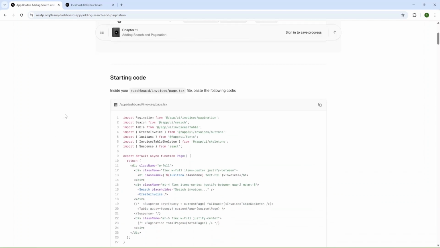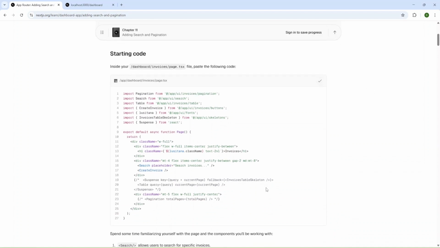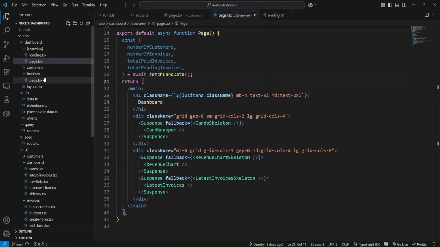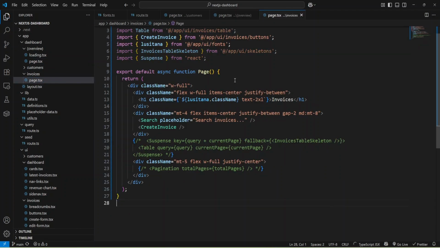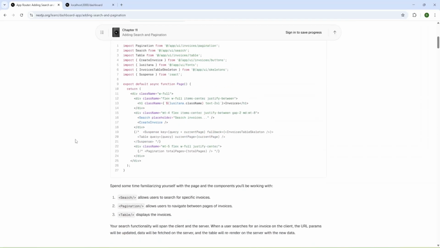Okay, and inside dashboard invoices, I can add this code, and let me add it to the invoices page and save. Let's see what we have here.